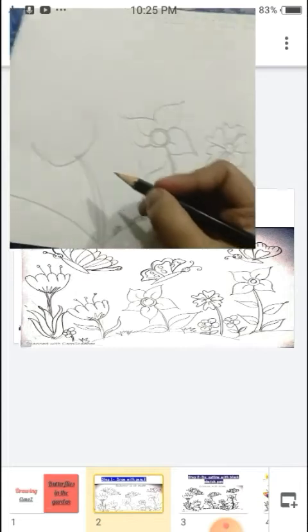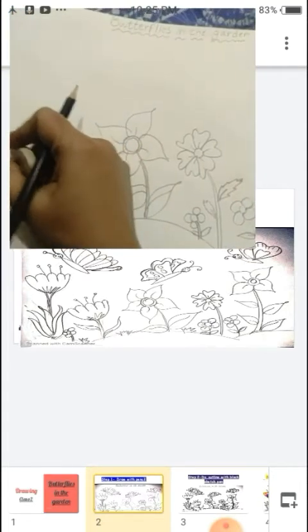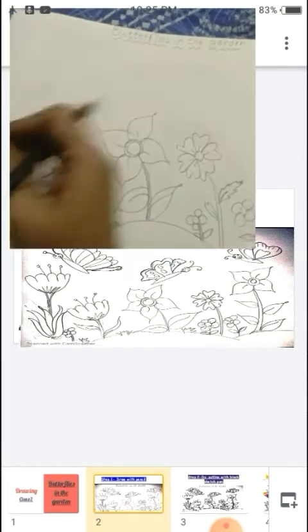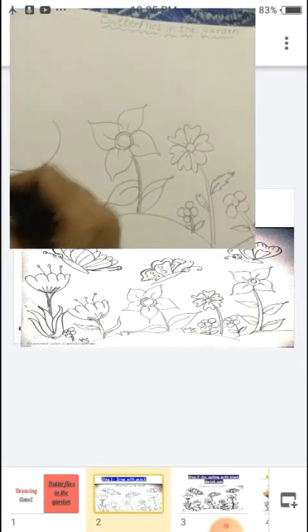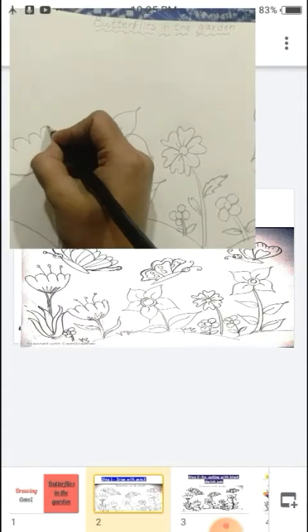I hope you all know how to make a U nicely. A little mistake, you can take the eraser and rub it. Okay, make a U. Okay, make the design this way. Okay, students.